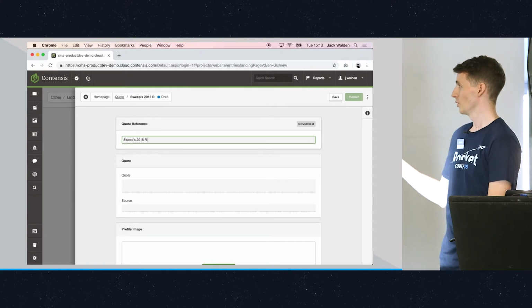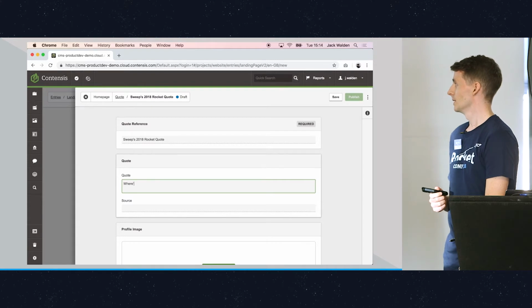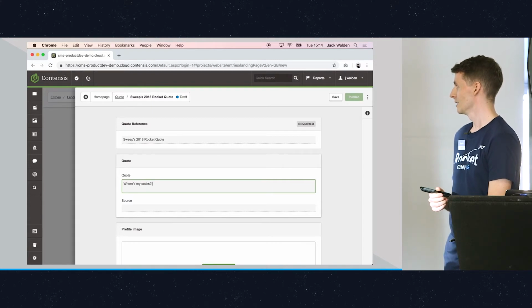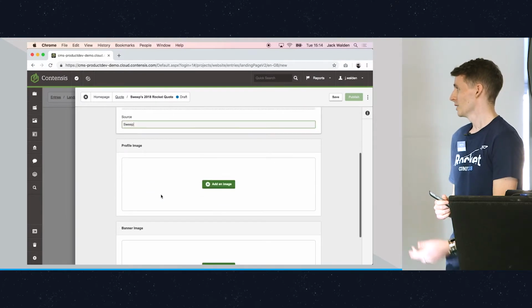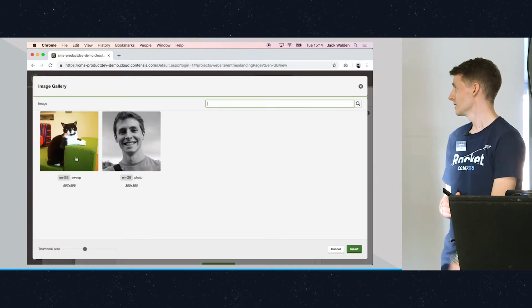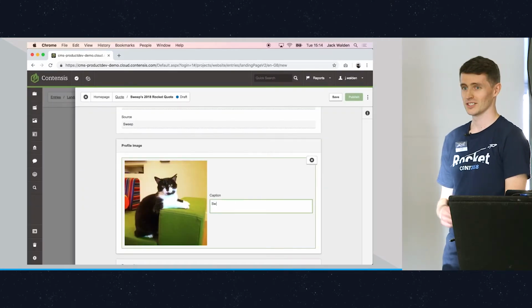So I'm actually going to add another one using inline entry that Rich talked about. This is a quote from Sweep. He's a long-serving employee at Zengenti. He says, "Where's my socks?" He's actually surprisingly hard to get a quote from because he spends most of the time sleeping. There he is. He's kind of the Zengenti mascot, and he generally does sit like that most of the day,